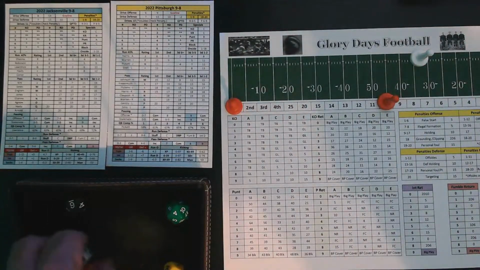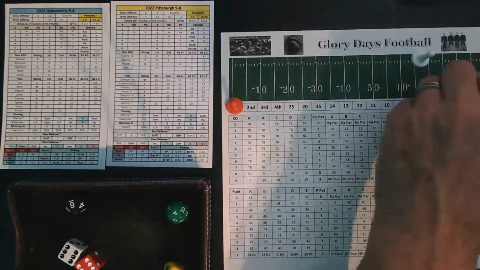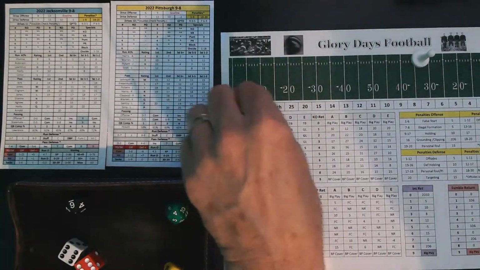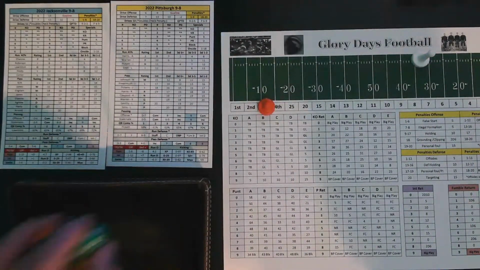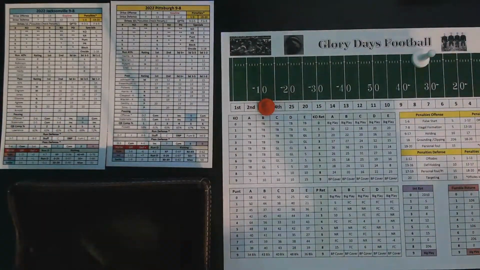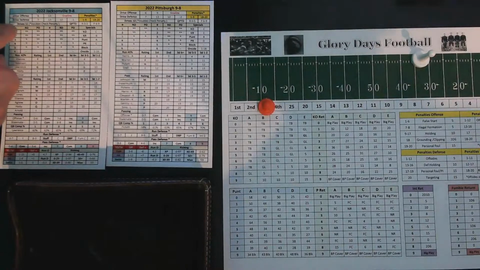And then we use, again, the down and distance, same as we do in hybrid mode. Roll of 12, Pittsburgh's drive defense, again, is a 7. So a roll of 12 is going to be a 3rd and 1 from the 30-yard line. So now here's where the differences really start to come out. So we're in play-by-play mode, all right? And again, we use the same format as we do for Glory Days boxing